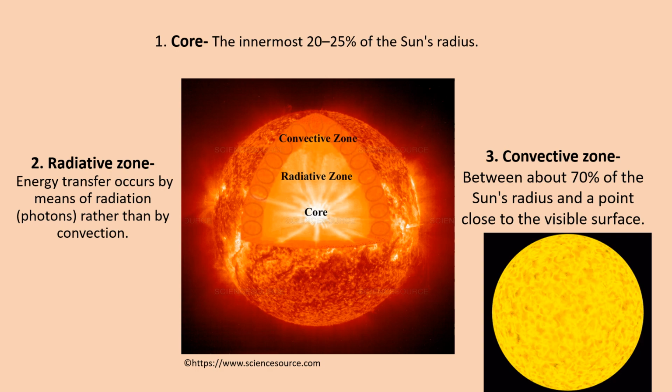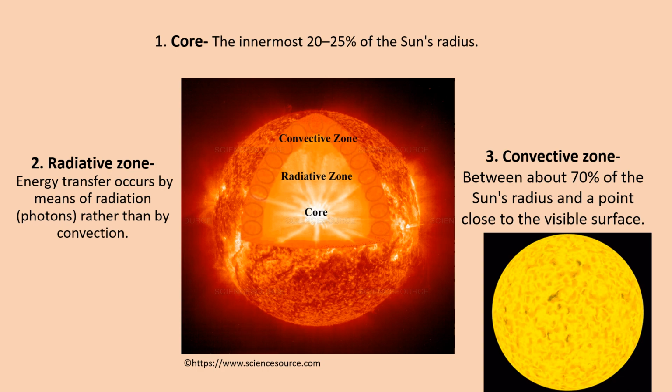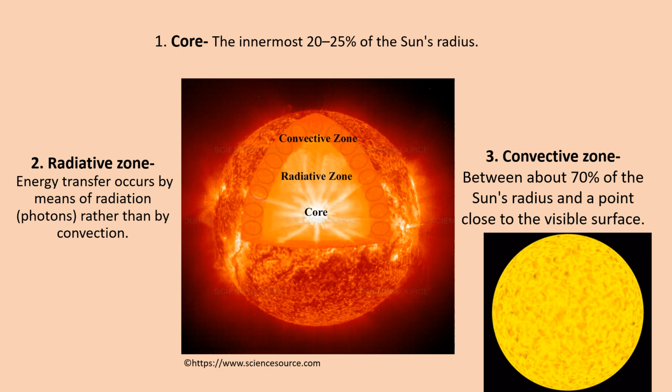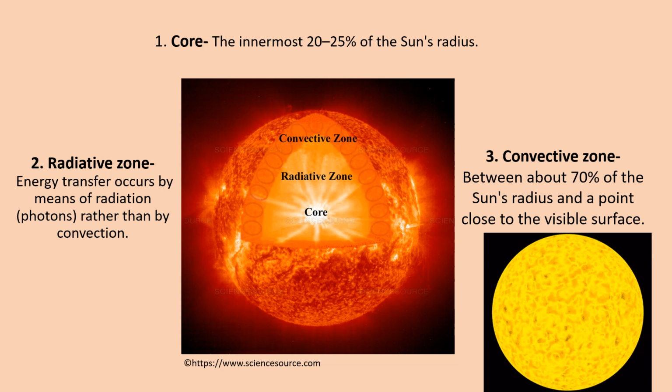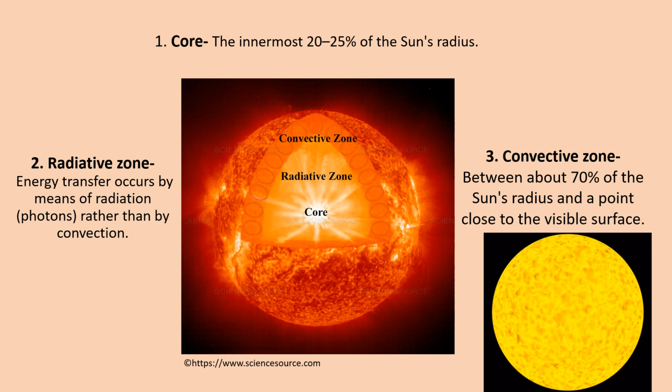Now we will move towards the next layer of the sun, which is the radiative zone. From the core out to about 0.7 solar radius is the area occupied by the radiative zone. Thermal radiation is the primary means of energy transfer here. The temperature drops from 7 million to 2 million Kelvin with increasing distance from the core. The value of the temperature gradient is less than required. This is why thermal convection as a mode of transferring energy is not available here, and hence the transfer of energy in this zone occurs by radiation.